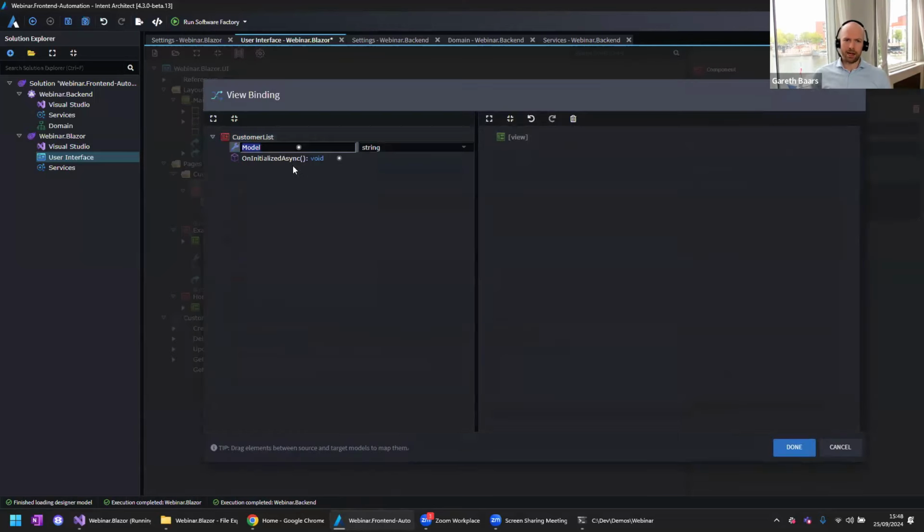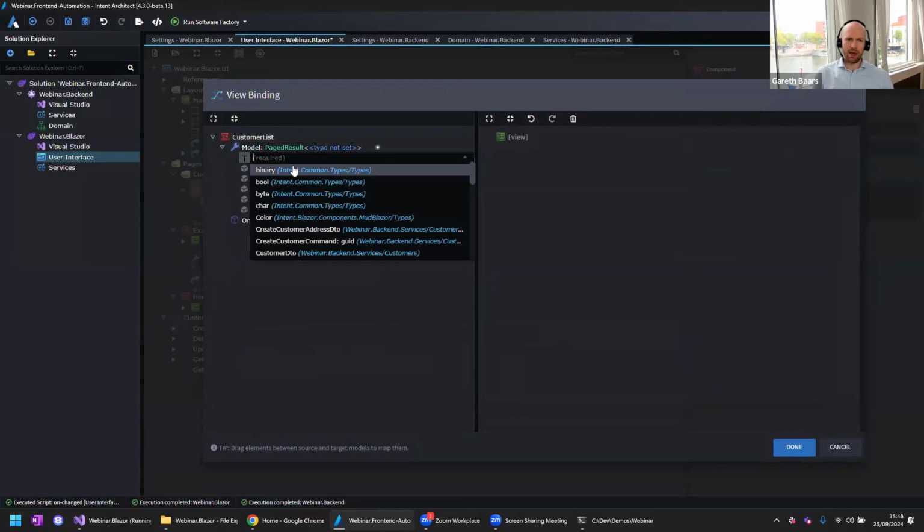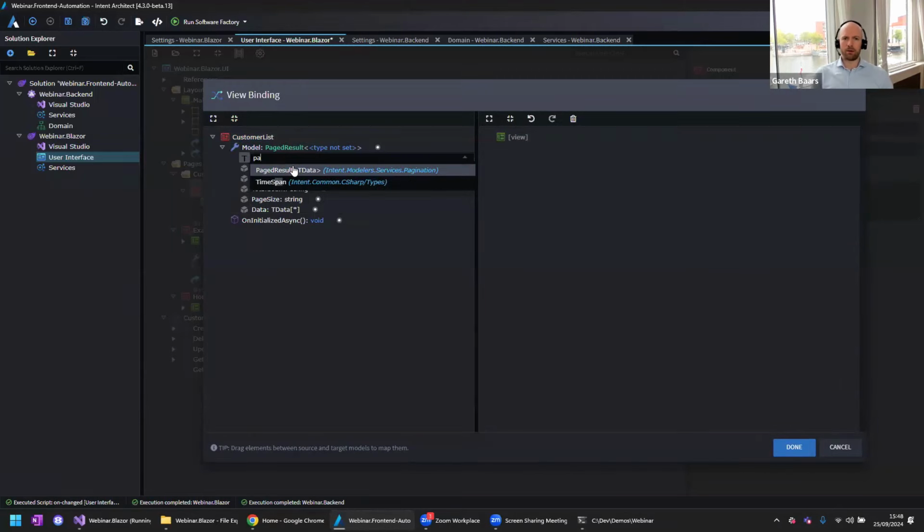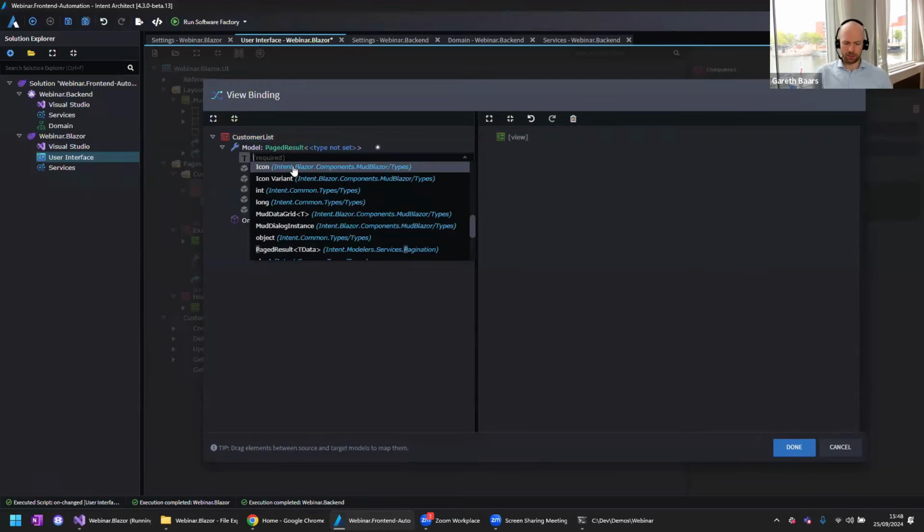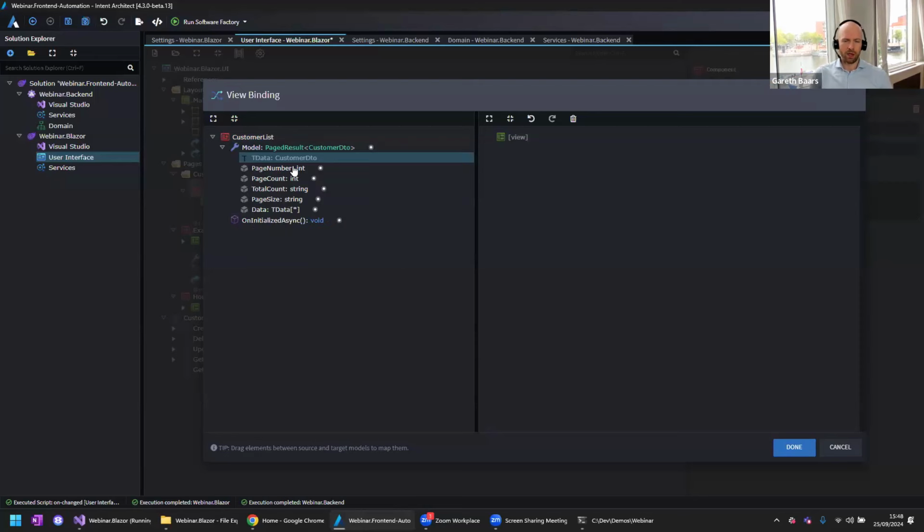Right? And I can add a model. It'll be a page result, and I can set this to be not another page result. I can set this to be a customer DTO. Now, one of the key features that we've built in, so the first thing I can mention as part of 4.3, because I want to take you guys through some of the new stuff in 4.3 as part of this,